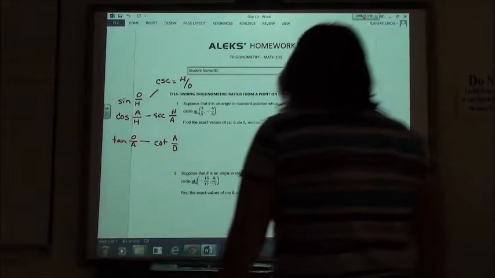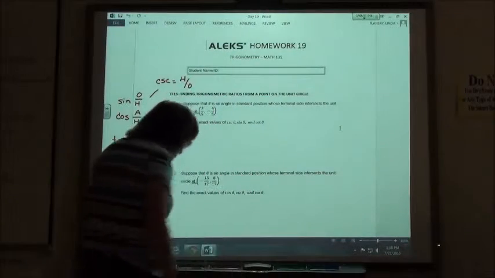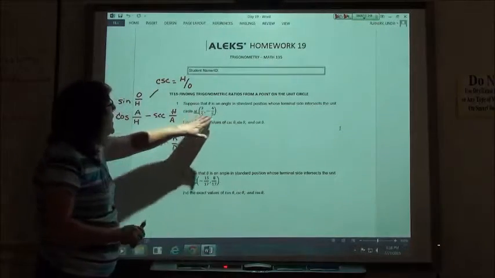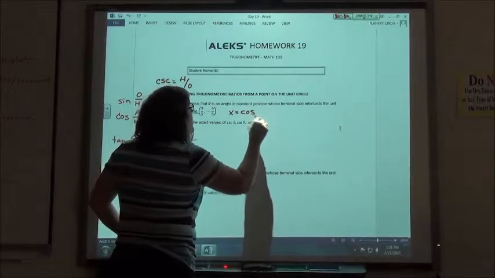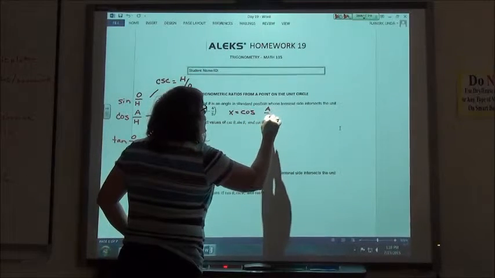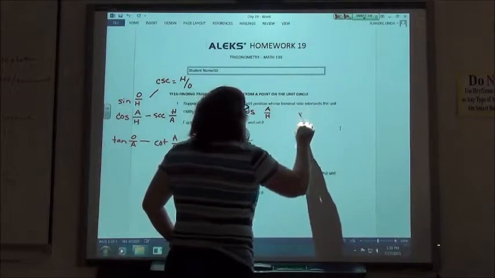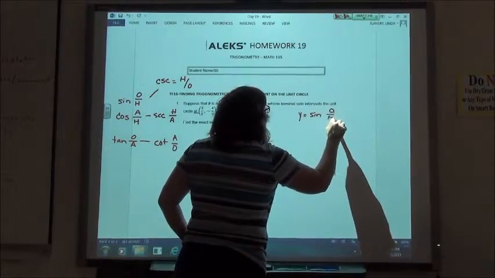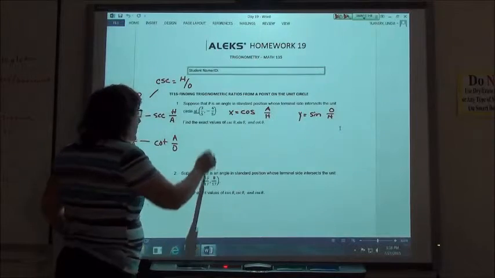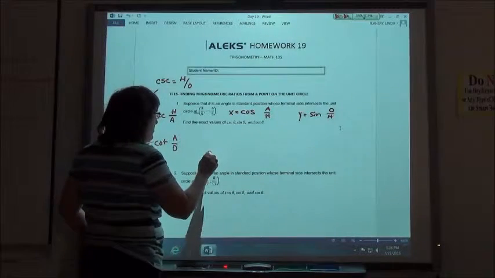Problems 1, 2, and 3 are finding trigonometric ratios from a point on the unit circle. Again, if we have the point, x is equal to the cosine, which is the adjacent over the hypotenuse, and y is the sine, which is the opposite over the hypotenuse. So, if I have my triangle,